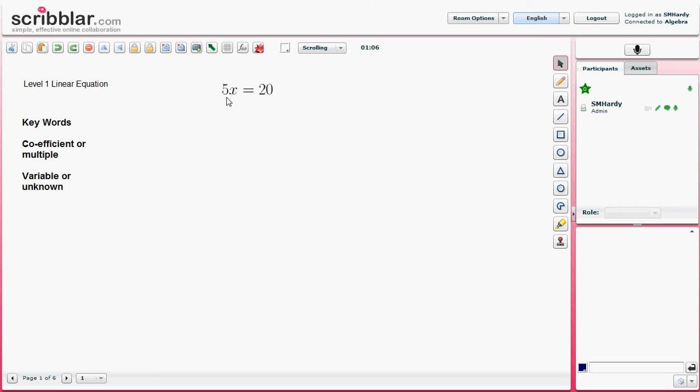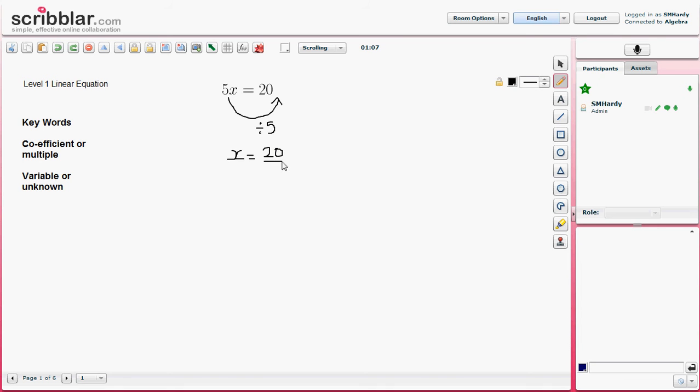So in this case the x has been multiplied by 5. What we need to do is get everything other than the x term over to the right hand side. In order to do that, we can take the multiply by 5 and take it to the other side, but when it passes the equal sign the operation will change and become the opposite. Now the opposite of times is divide, so we're going to divide both sides by 5, and that process we're going to continue with each of the examples, but in this case that leaves us with x equals 20